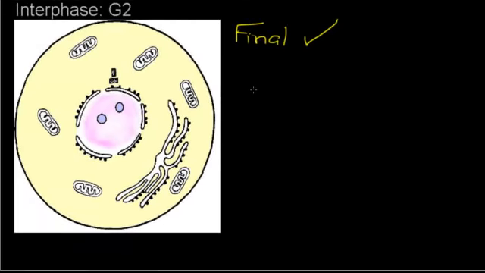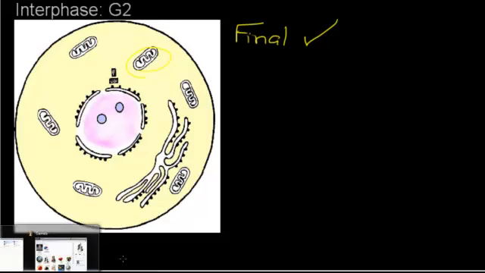All right, G2, this is our final checkoff before we enter mitosis, before we actually start dividing the nucleus. This is our final check, because once we proceed past G2, we can't stop, we can't go back. So we're going to make sure we've got all of our organelles replicated, all of our cytoplasm's taken care of, all of our organelles are good, everything else is ready to go. And that then takes us to